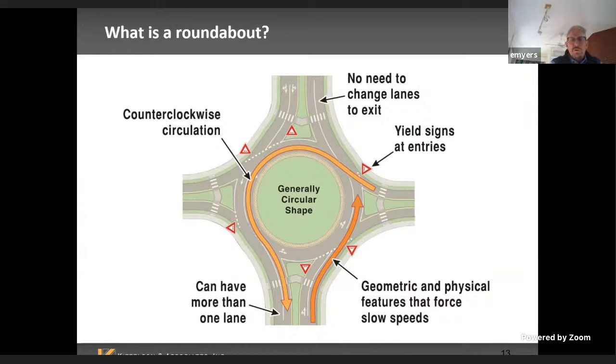So one of the things we try to do is to get the sorting out of what lane you're supposed to be in before you get to the entrance of the roundabout. Another way to think about that is when you go to a signalized intersection, if you're turning left, we have signs and pavement markings on the approach that you should be in the left lane. So we try to do some of that on the entries to the roundabout, so that you shouldn't change lanes once you enter the roundabout.